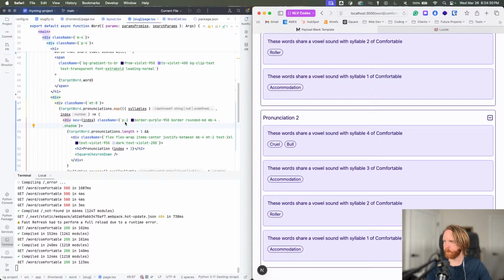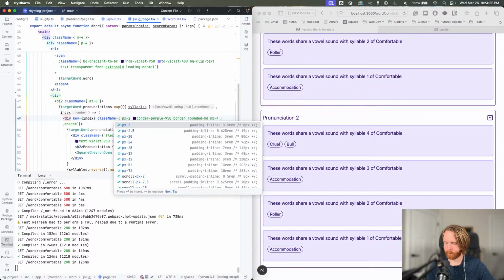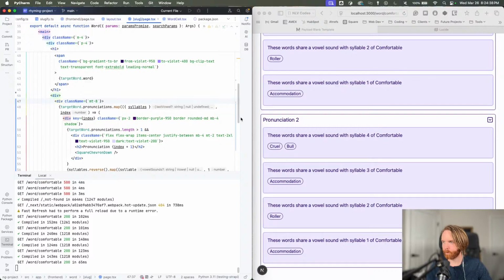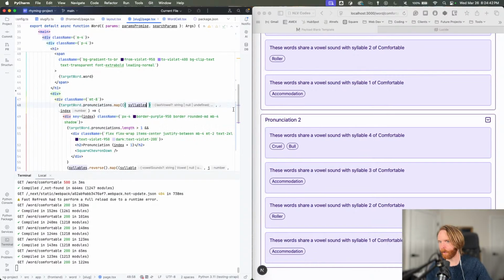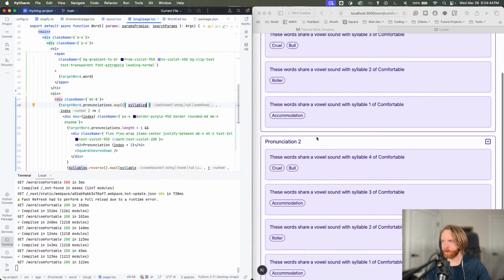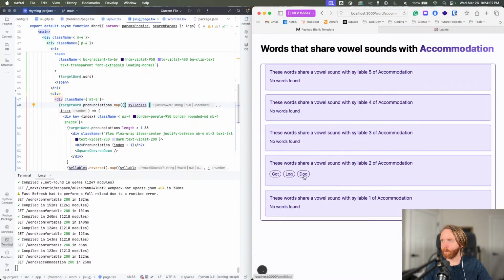I do want to change the padding of this to be px2, but maybe I can do px4 now. Yeah. So that looks well-rounded and pretty good, and it has some depth as well. So we're in good shape here,